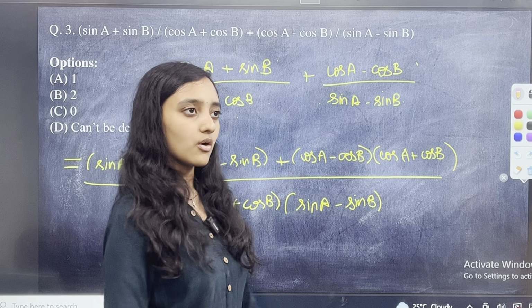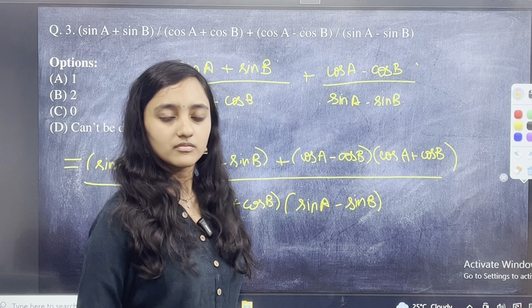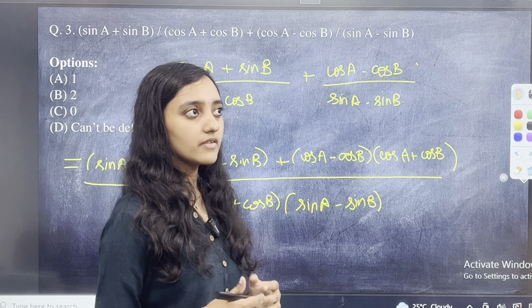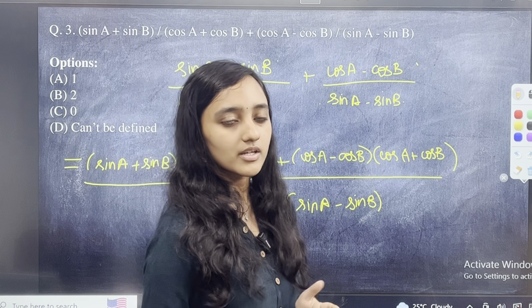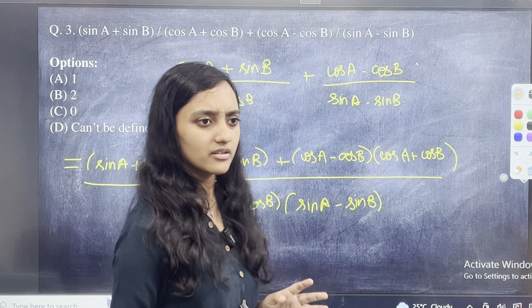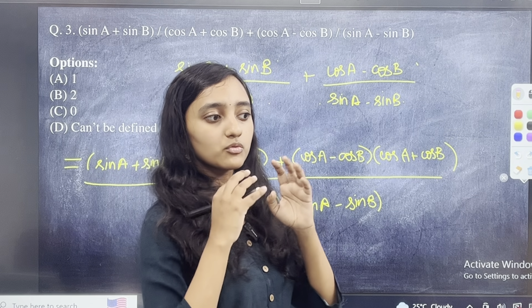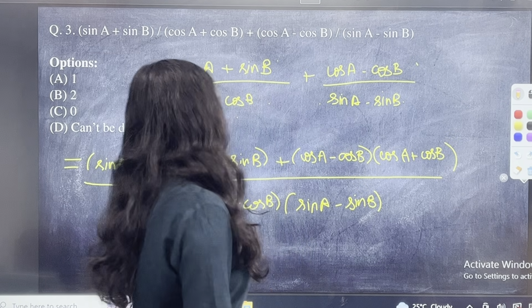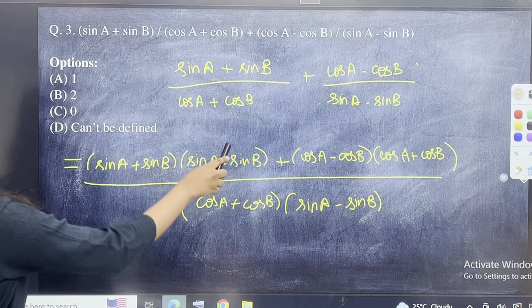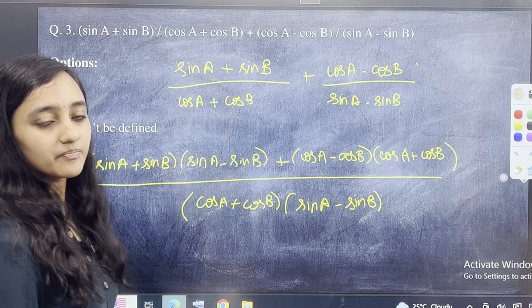Okay, now कुछ दिख रहा है यहाँ पे? See, whenever you may feel very intimidated by sine, cos and all that, just think of everything as just a and b. You know the formulas, a plus b, a minus b, ये सब पता है आपको. You just have to simplify it in your mind. Okay, so sin a plus sin b into sin a minus sin b, a plus b into a minus b.